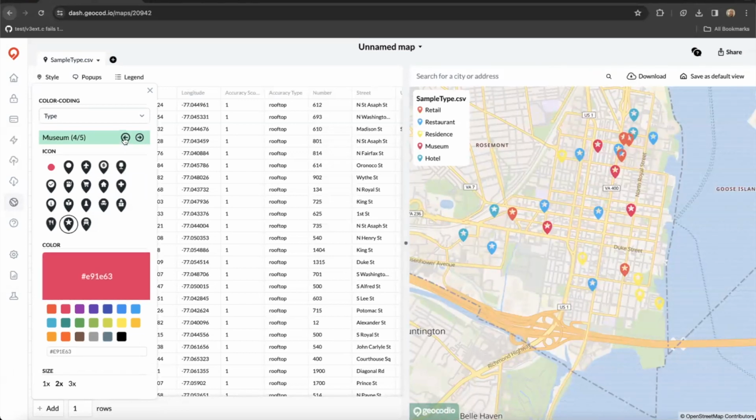Let's make each of my categories unique. Retail will be the shopping cart icon in bright red. Restaurants will be the fork and knife icon in sky blue. Residences will be the house icon in yellow. Museums will be the monument icon in green, and hotels will keep as the star icon but recolor them to